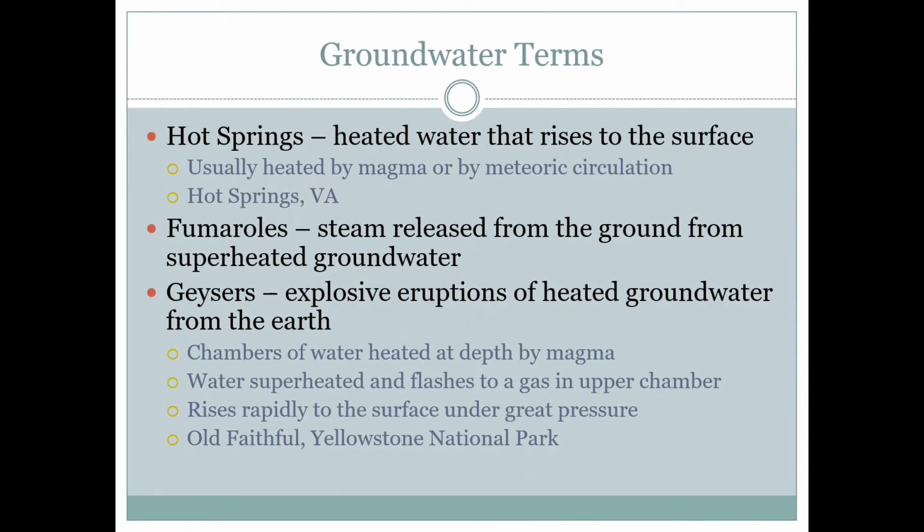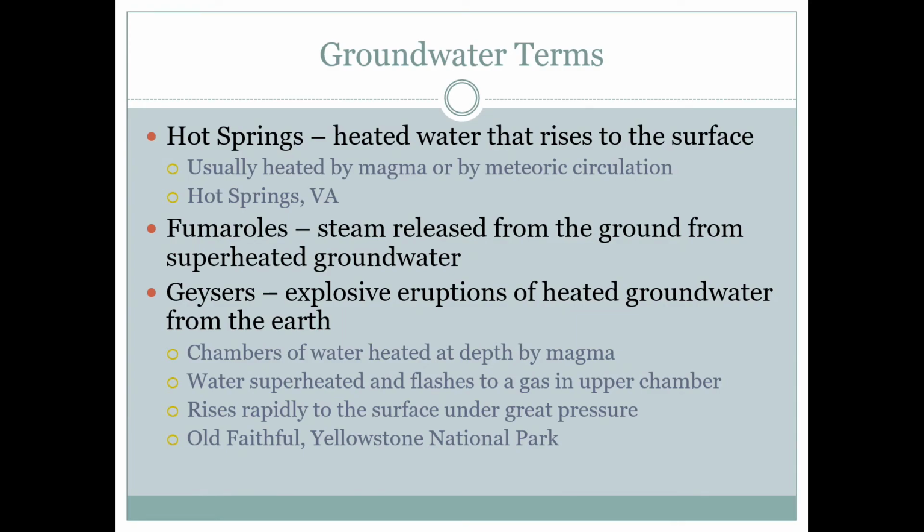We've since found that some scientists at Virginia Tech determined that actually, if water descends into the crust far enough, it can heat up, right? Through the geothermal gradient, and then that water can come back up because heated water rises through cracks in the crust of the earth, and spill back out. In places like Hot Springs and Warm Springs, Virginia, that's exactly what's happening. It's called meteoric circulation. The water goes down deep into the Earth's crust through cracks, and then comes back up through cracks in the Earth's crust as warmed water.